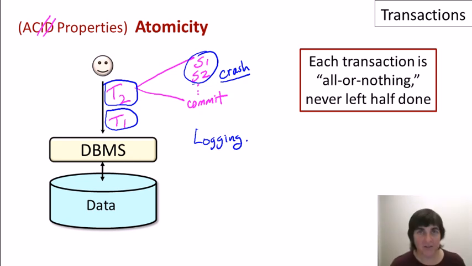Now, applications do need to be somewhat aware of this process. So when an application submits a transaction to the database, it's possible that it will get back an error because there was in fact a crash during the execution of the transaction, and then the system is restarted. In that case, the application does have the guarantee that none of the effects of the transaction were reflected in the database, but it will need to restart the transaction.